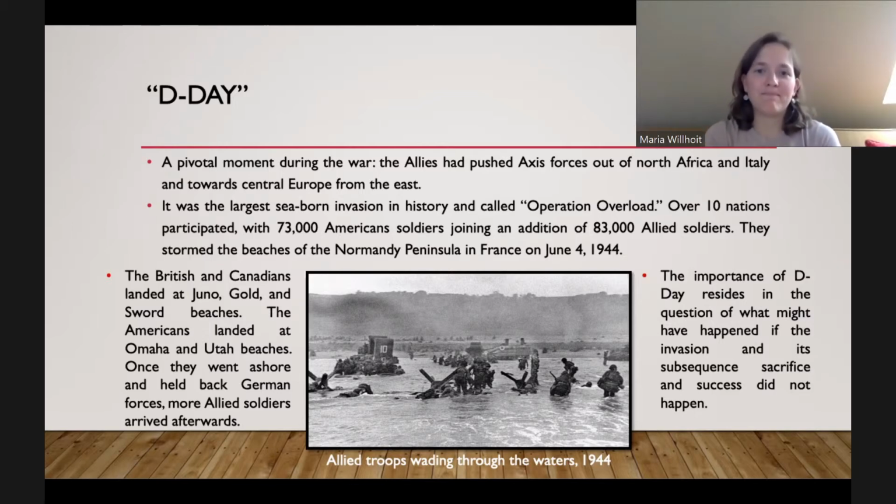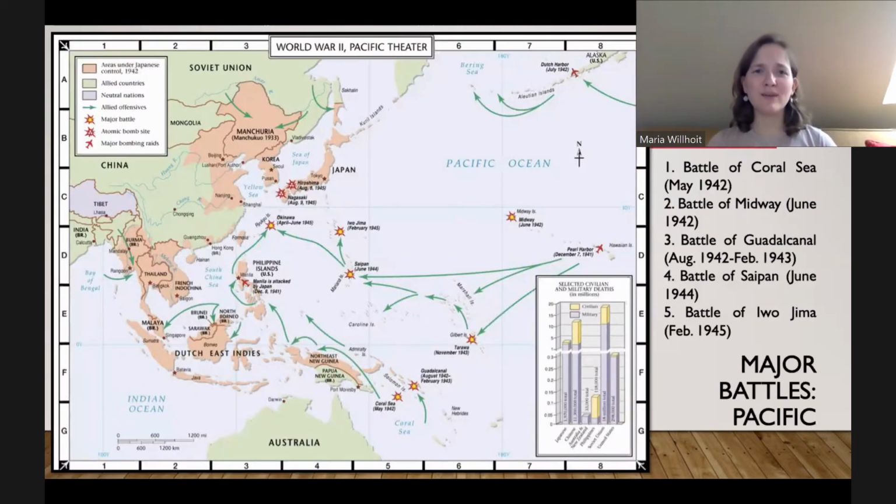I'll just say that. And then here we have the Pacific Front. The Pacific doesn't honestly get a lot of attention, but believe it or not, the majority of Americans fought in the Pacific. They didn't fight in Europe. I think 2 million American troops fought in Europe, but about 14 million fought in the Pacific. But then a few also fought in North Africa. So the Pacific is actually a lot more important in terms of the battles, in terms of the lives lost,